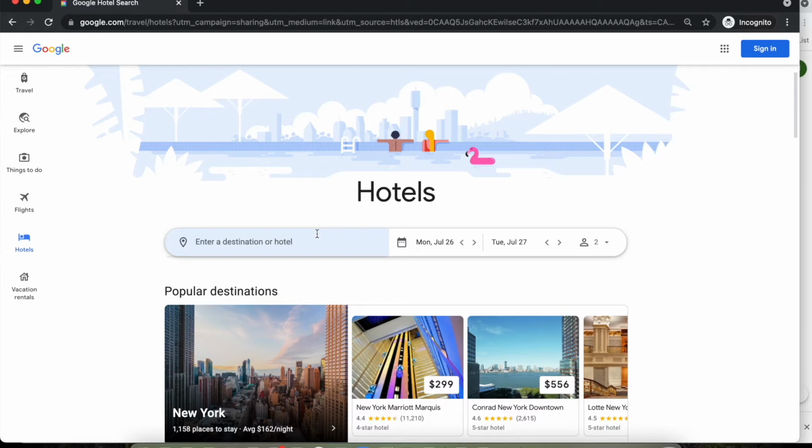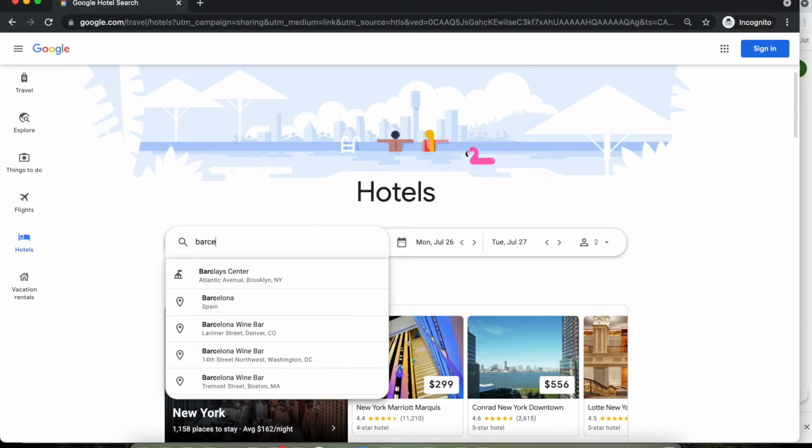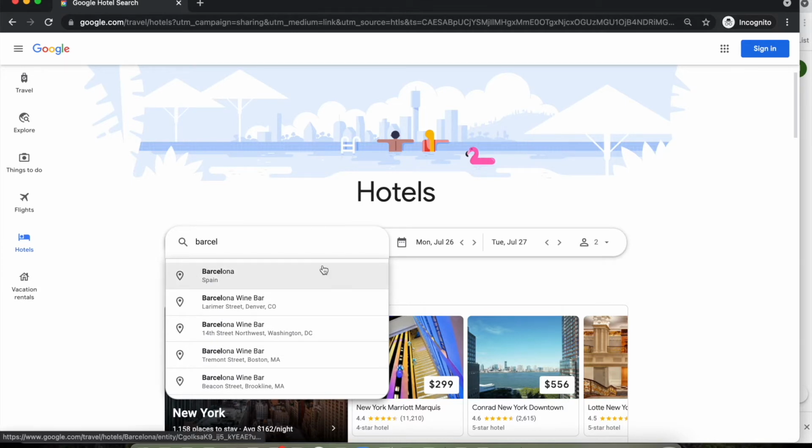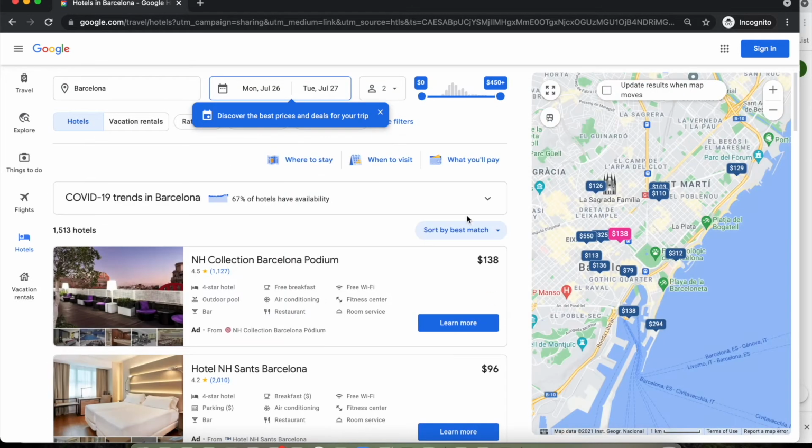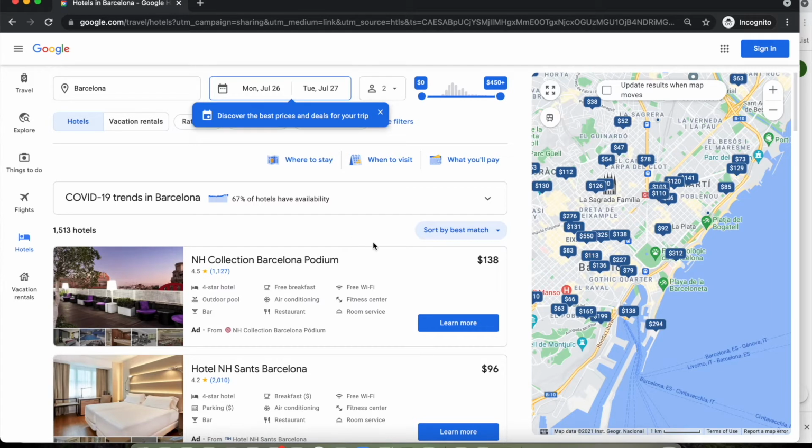Let's look at an international destination like Barcelona. For someone who lives in a northern American climate like I do, it's pretty easy to assume Spain and Barcelona is warm all year round. It's not. So we want to find when to visit. What I did is I typed in Barcelona. It doesn't matter what the dates are here. What we really want to get to is this hotel results page and these three buttons, which are very helpful